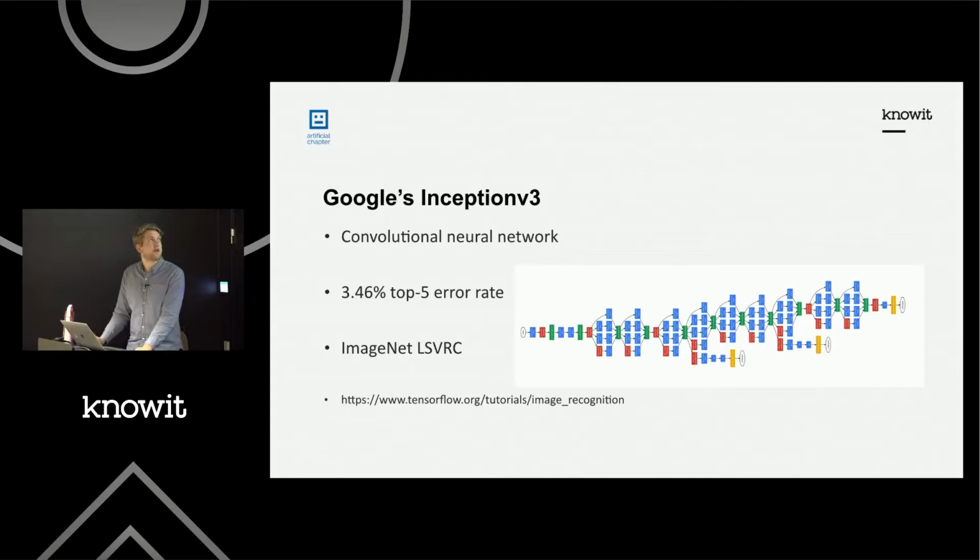Yes, so for the image recognition part, I just used Google's Inception. I don't know if anyone here has heard of it. It's a convolutional neural network that is pre-trained on the ImageNet large-scale visual recognition competition. And it was, at the time, in 2016, 2017, one of the best performing convolutional neural networks. For anyone who wants to try it, it's really easy. You can just go to the URL down here, and you can just get the neural network yourself and play around with it. Also, the source code is there too.